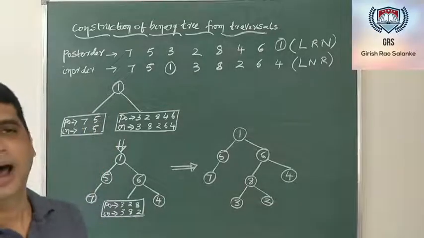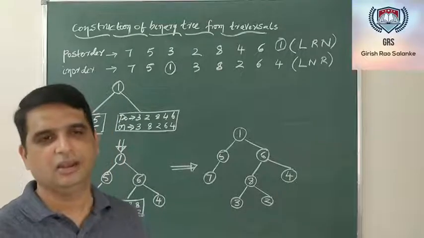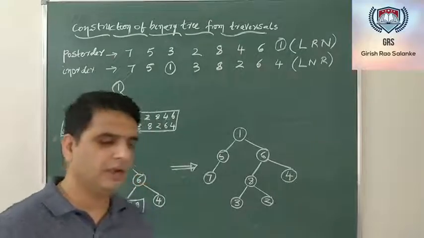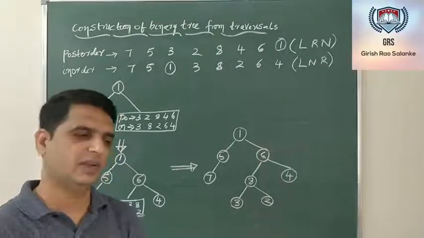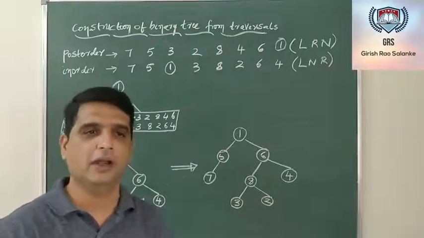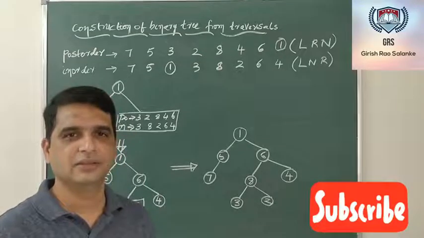This is about how to construct a binary tree from the given traversals. Note that one of the important things is that you are supposed to be given the in-order. It is very easy to construct a tree if you have been given the in-order traversal among the other two. Hope this is fine. Thank you.